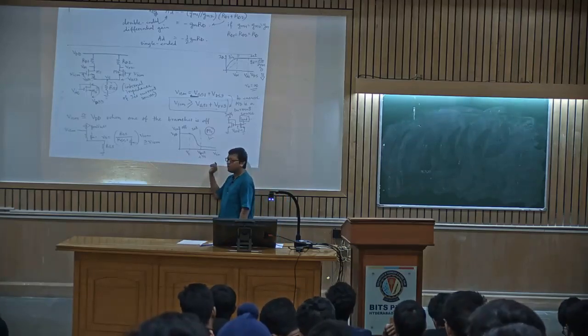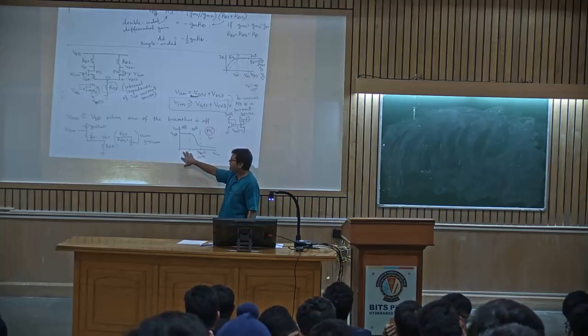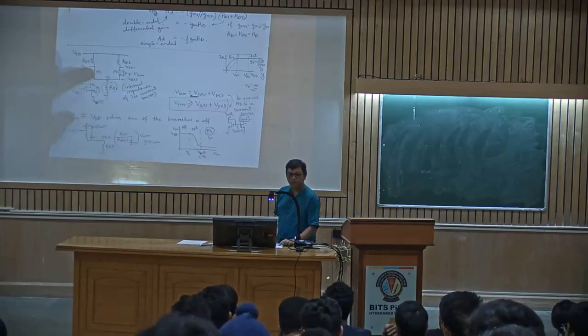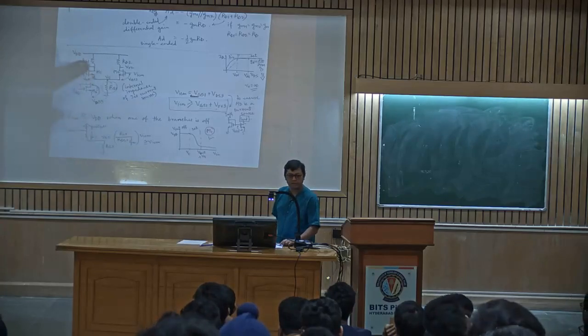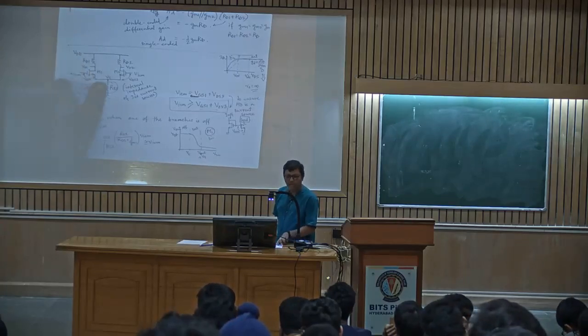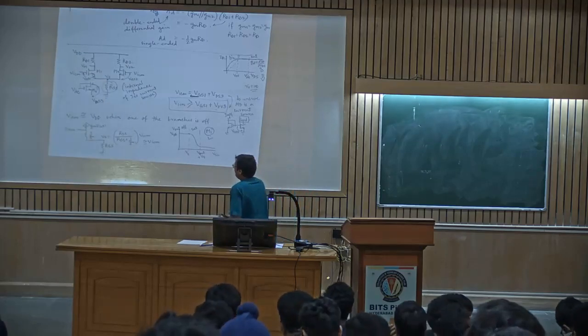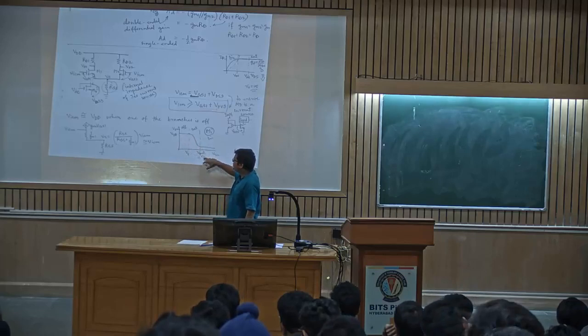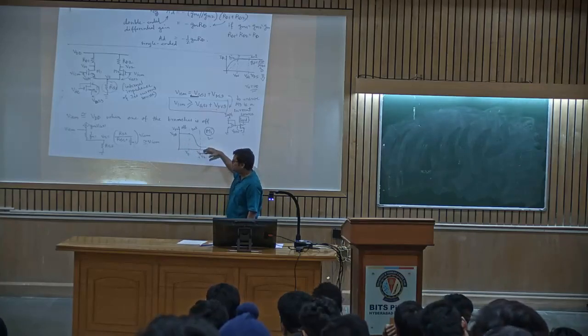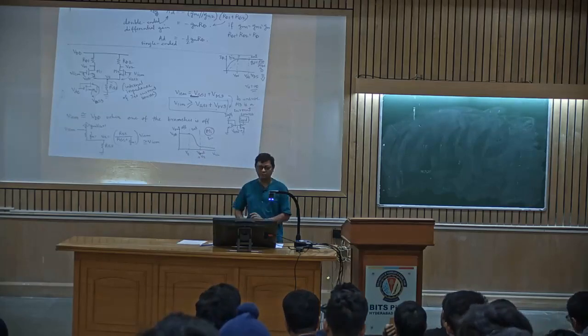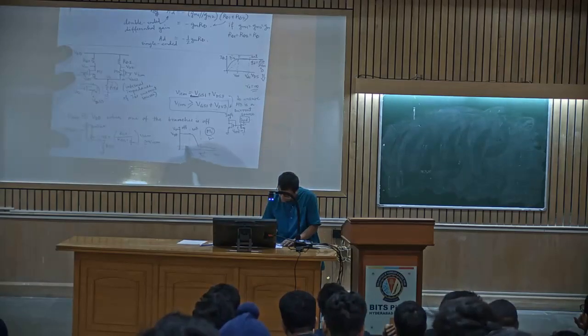Now, as long as Vin is less than Vt, the transistor is off. So Vout will essentially be, as I told you, VDD itself. Now, since the drop across this M1 will be very low, VICM or VS will be essentially equal to roughly VDD. But when it is gradually moving towards the linear region, the Vout is also dropping. What is the voltage at this level? That is, what is the VDS minimum?